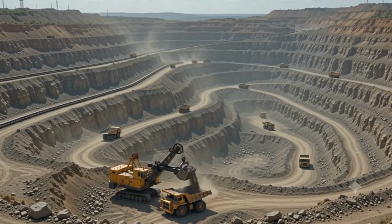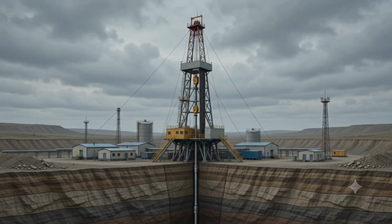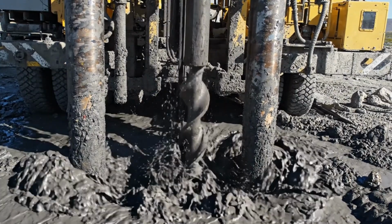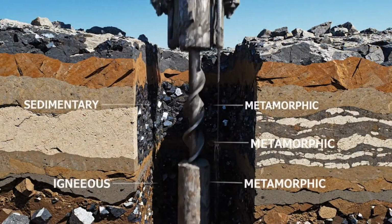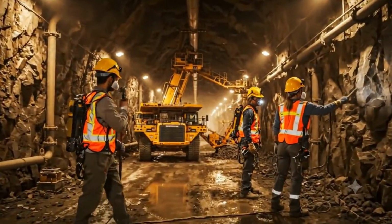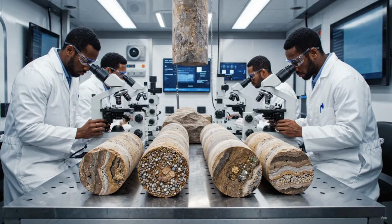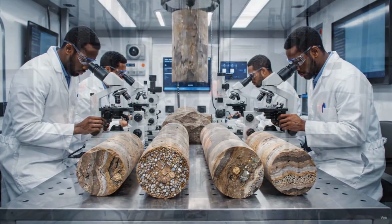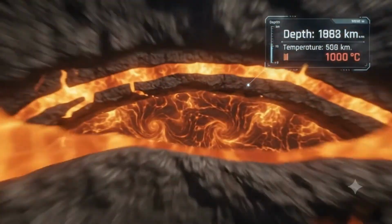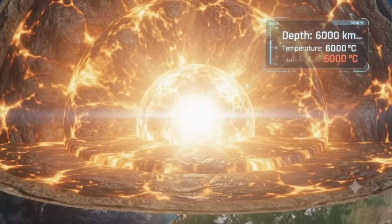Mining exposes valuable minerals and ores formed deep underground. Their composition and formation help scientists understand the geological processes occurring inside the Earth. Mines allow geologists to collect rock samples from beneath the Earth. By studying these rocks, scientists learn about the composition, structure, and age of Earth's crust. We know through mining activity that temperature and pressure increase with increasing distance from the surface towards the interior